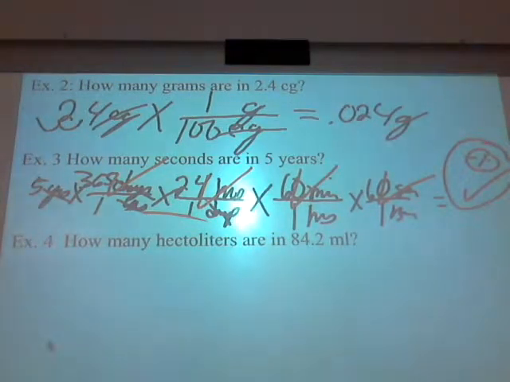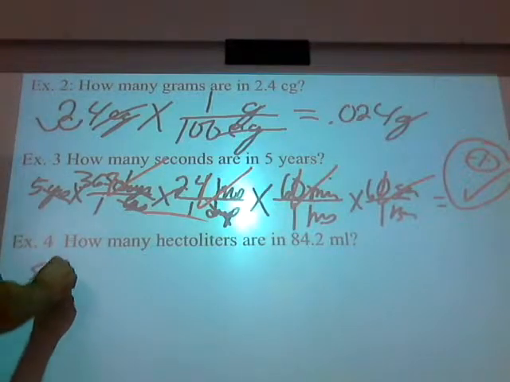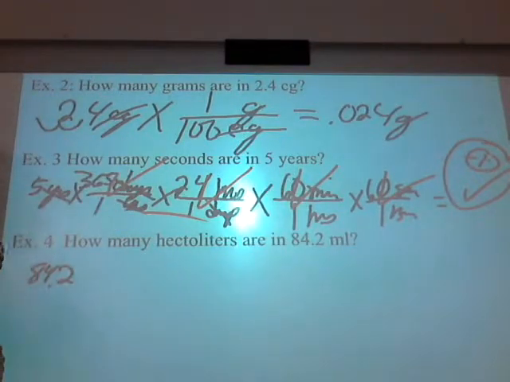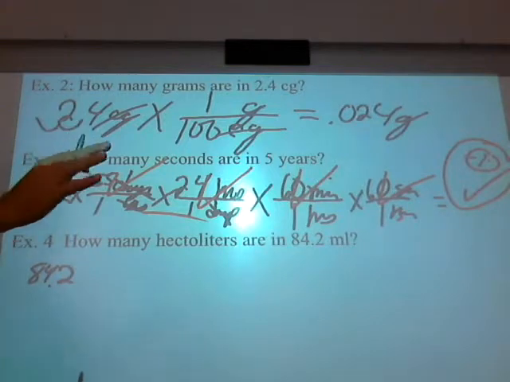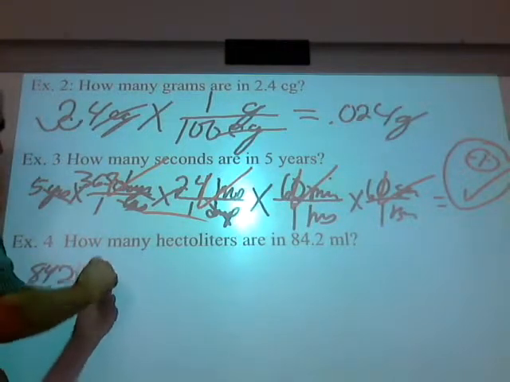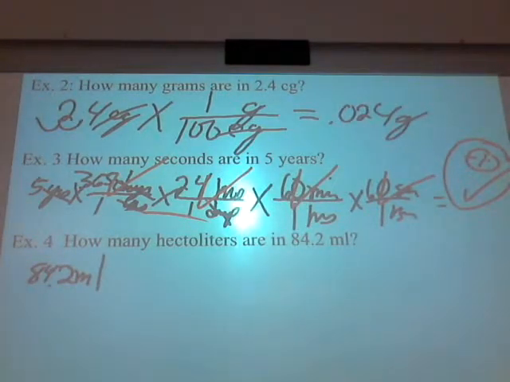What do I write down first, Marie? 84.2. Again, scoot it over to the left a little bit. You're going to have to write relatively small because you're not going to be able to do this guy in one step either, okay? 84.2 milliliters I write down as my given information. Everybody go with that?